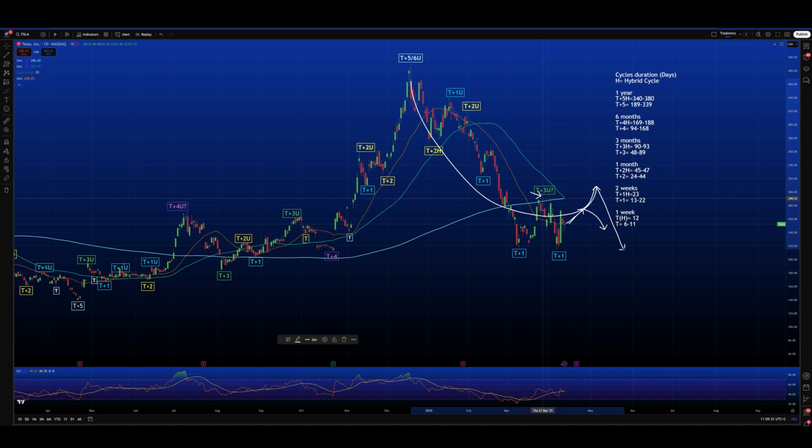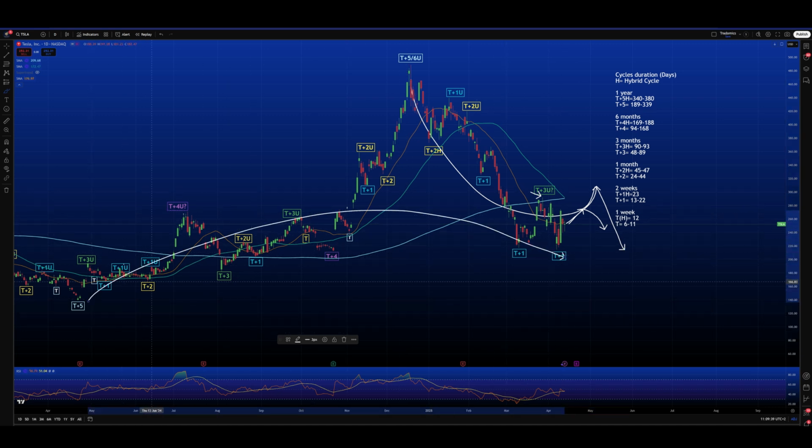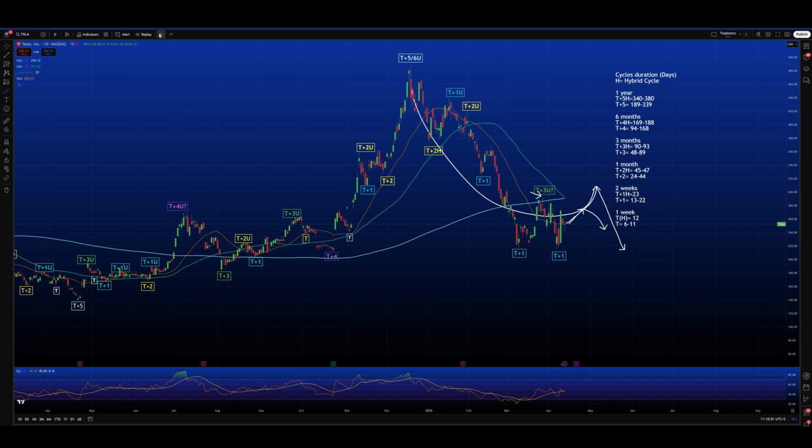At the moment, this is a good candidate to say this is a T+3. We have had the T+5 that has reached more than a minimum duration. So here the game is open with the earnings release, whether we will start a new T+5 or if we have a bounce to the upside and then a return to this low here at $214.25. Okay, so the situation here on Tesla as well as for Meta is more fluid.